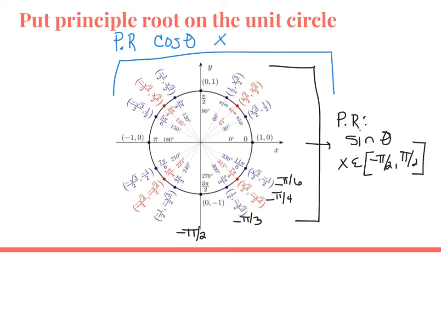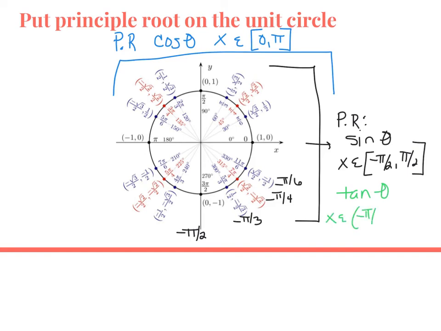And our domain for that was between 0 and pi. So all my values should be somewhere between 0 and pi. I don't have to add any negatives to this because I'm looking at that positive chunk, quadrant 1 and 2. Tangent is going to be the same as sine, so quadrant 1 and 4, but remember that tangent does not